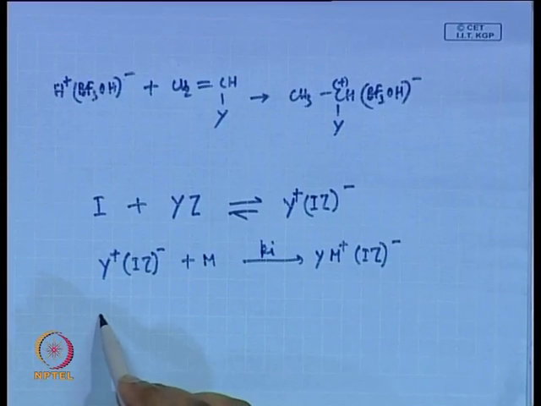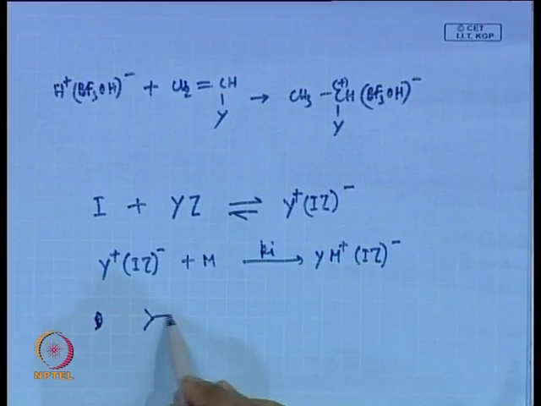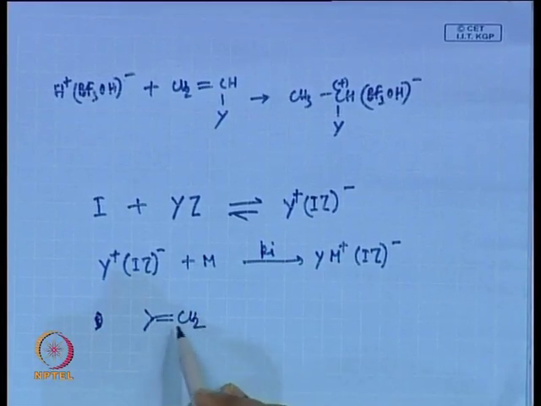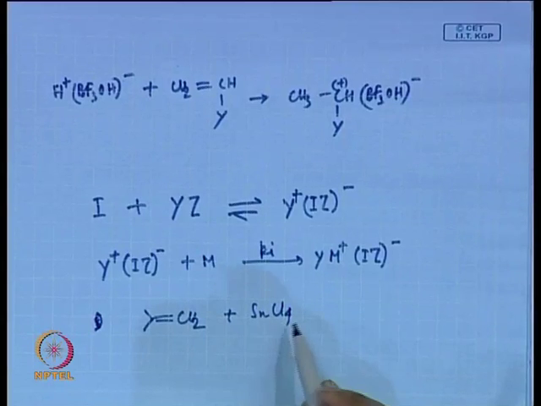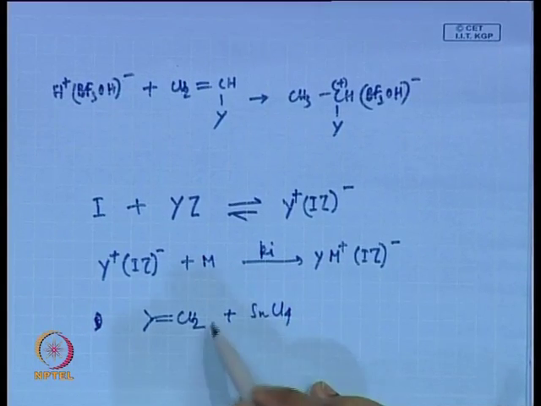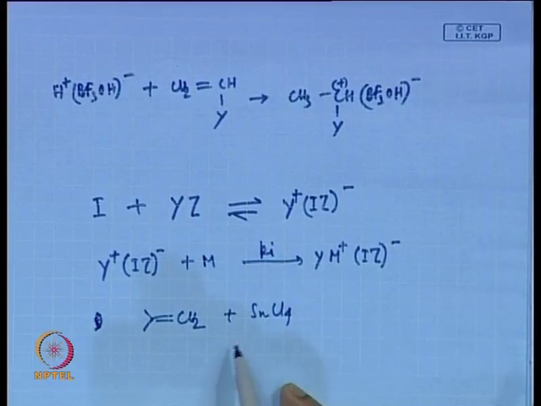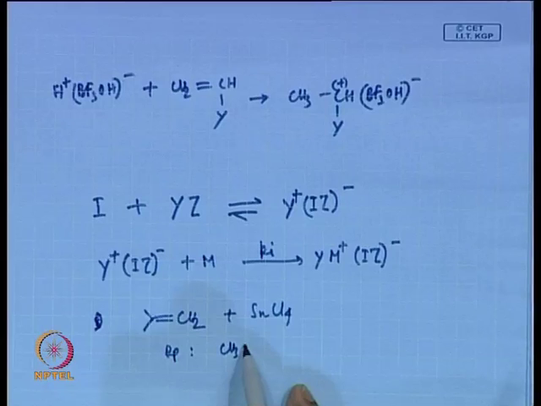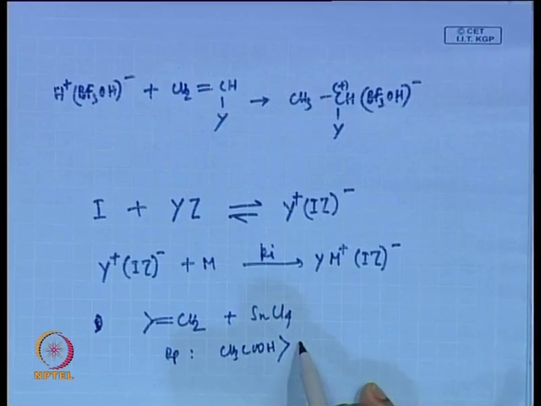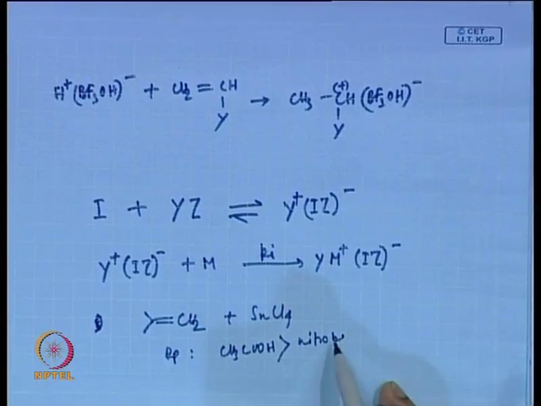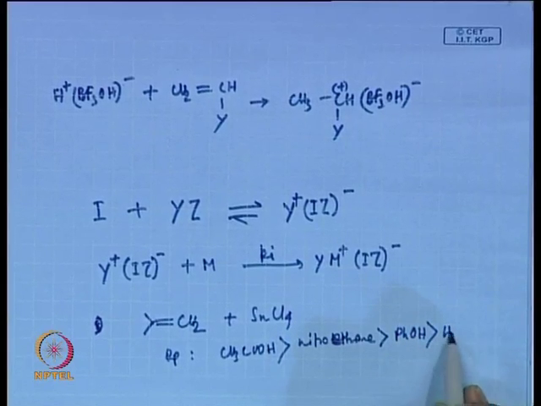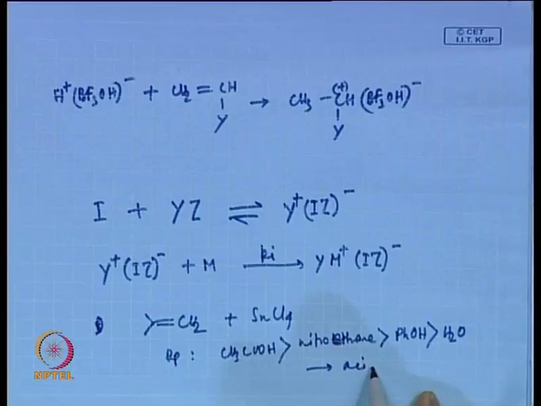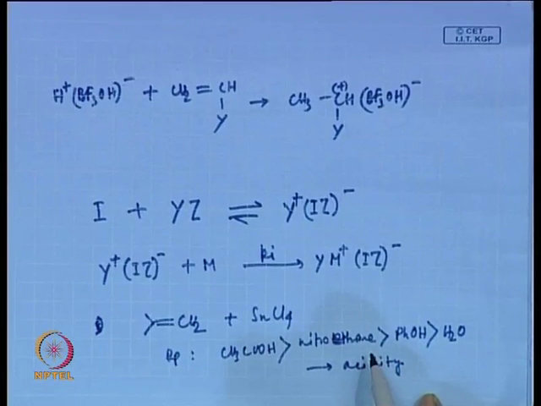For example, if I consider the cationic polymerization of isobutylene by tin chloride catalyst, then the reactivity, or the rate of reaction Rp, follows the order like this: nitroethane, phenol, water, which is basically the ranking of the acidity of this co-catalyst. So, basically the type of co-catalyst also influences the polymerization rate, because